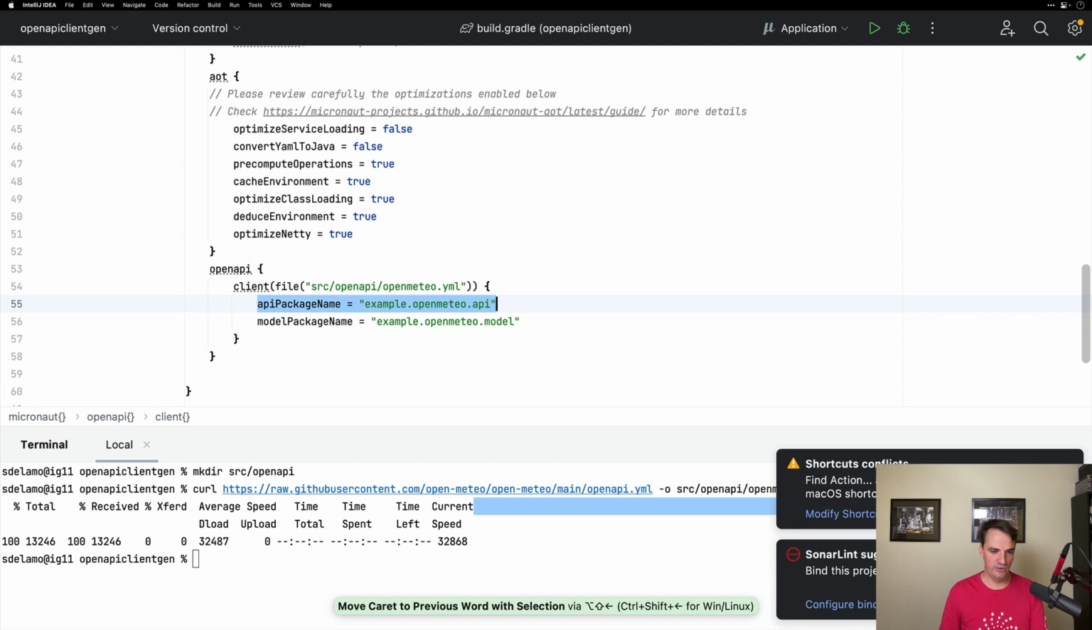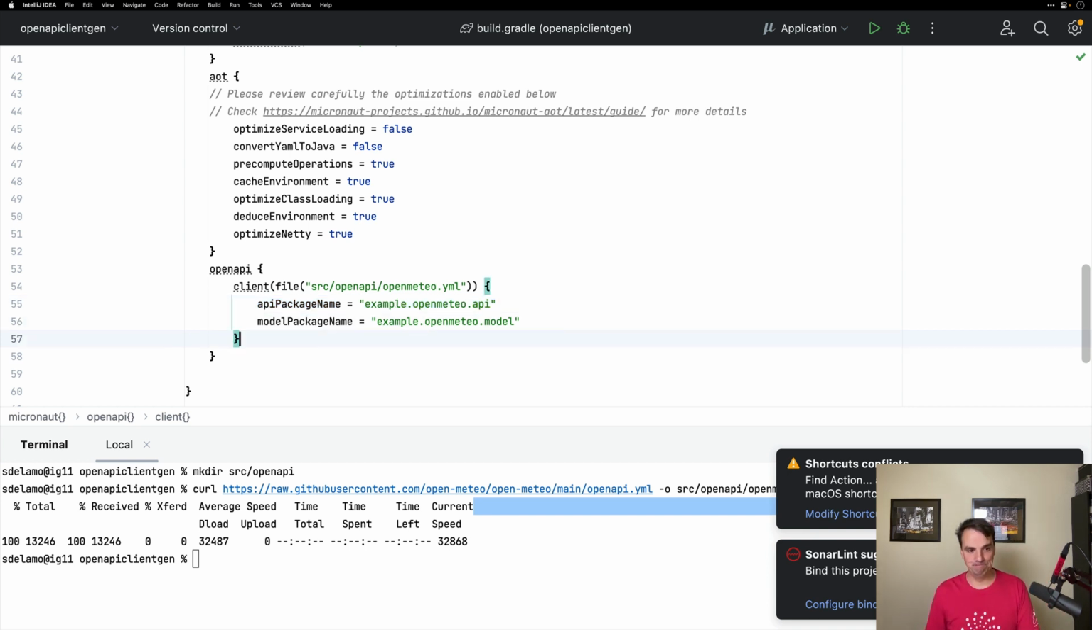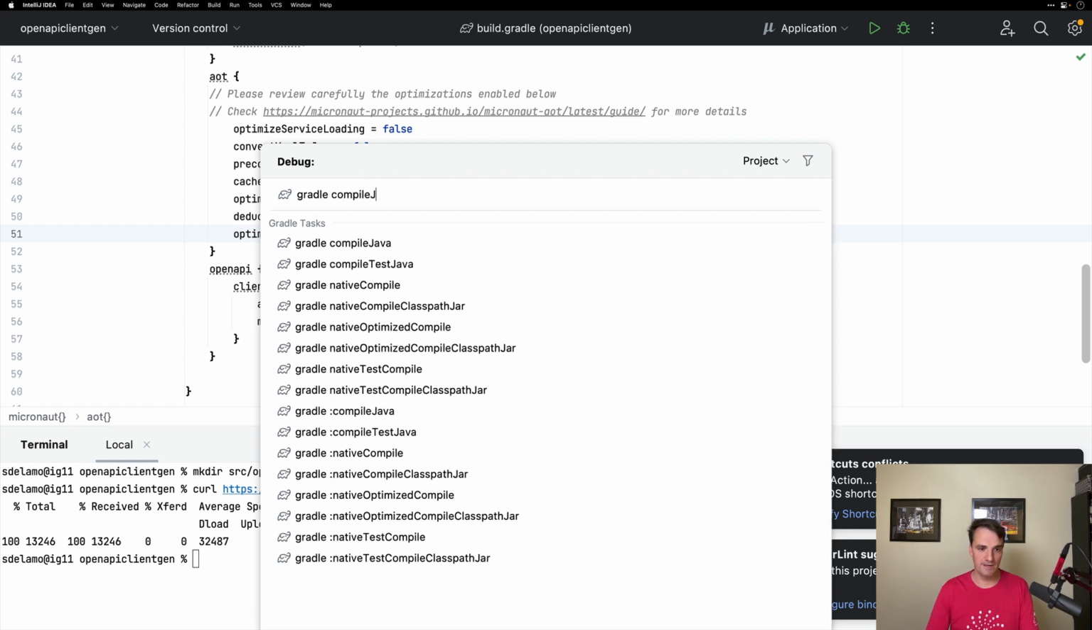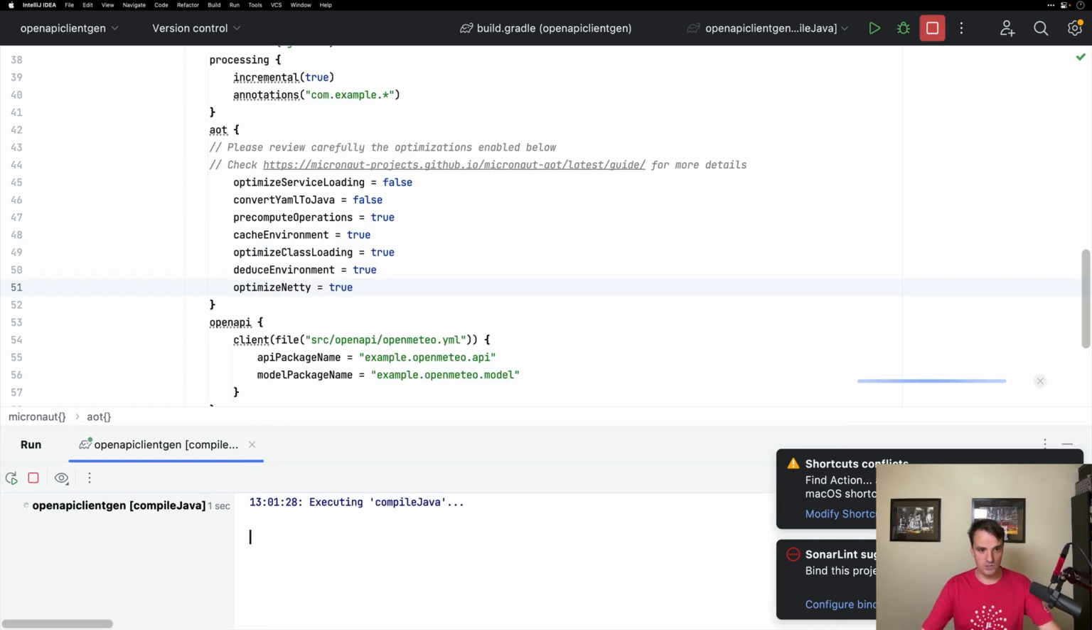It's going to generate some Java classes. One Java class is going to be the model. Those are going to be the objects described in the specification and the API. So I have selected two different packages. We could have used the same. And the last thing that I need is just to run compileJava, and this should generate